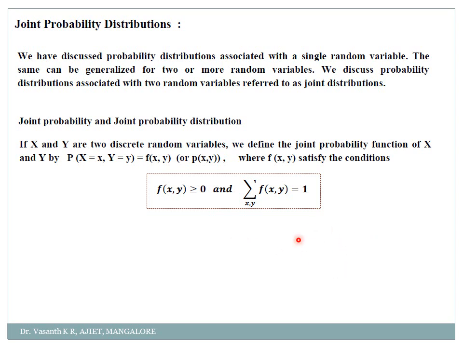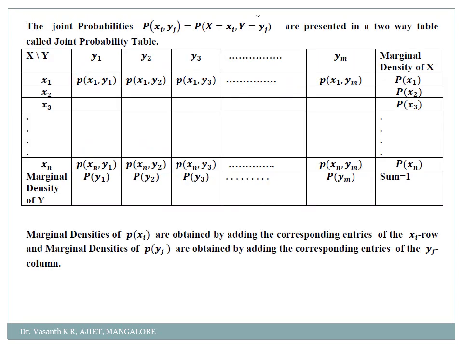This condition was there in the previous module also, correct? The total probability whatever we get should always be equal to 1, and the probability value cannot be negative. Am I right? We never used to get a probability value as minus 1.4 or minus 0.4 or minus 0.5, correct? Here, in the same way, instead of one variable we are taking more than one variable.